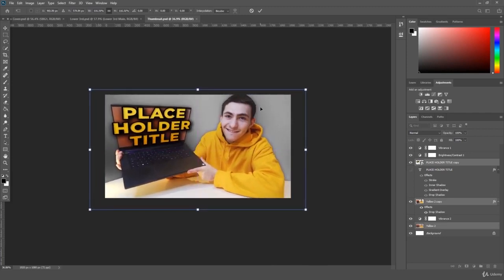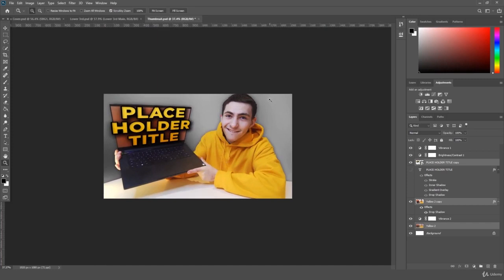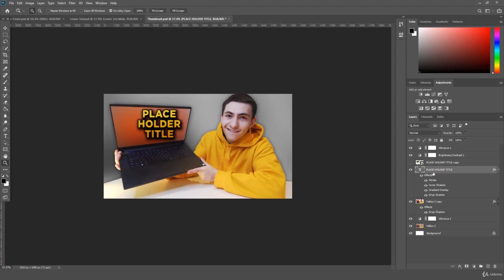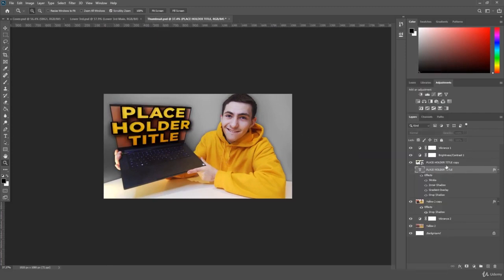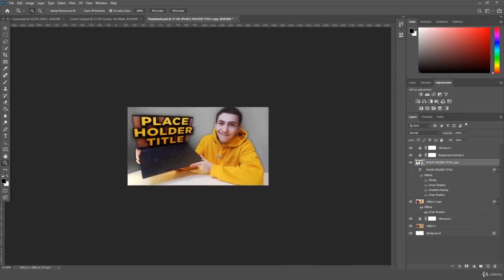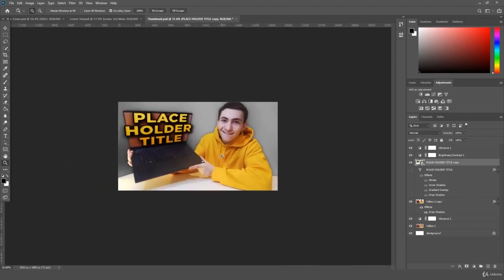But that is a total stylistic choice. You could decide whether you want it to be right on the screen or a little bit back, but overall we've killed it with that right there. Now at the same time, that title is not editable, so if you did want to change the text, you'd have to go turn this layer back on, edit it, then go ahead, right click, turn to a smart object, and actually position it. However, that right there is a really nice thumbnail tutorial that we've whipped up in about 10-15 minutes,